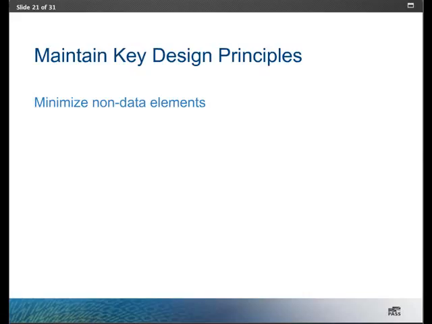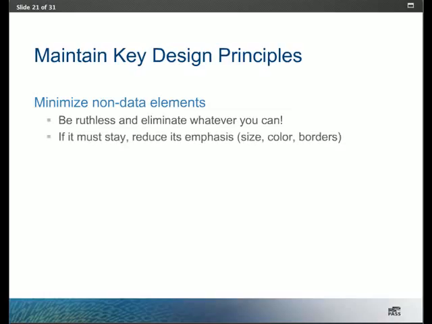But sometimes you can't get rid of everything because, remember, we have to have context. So if it has to stay, reduce its emphasis. You do that by making it smaller. Change the color. Use a soft gray or a soft brown, something that we call a neutral color, and you want to de-emphasize it.